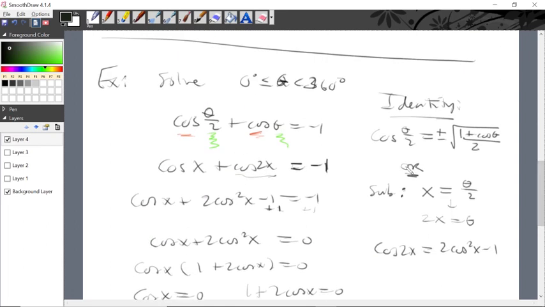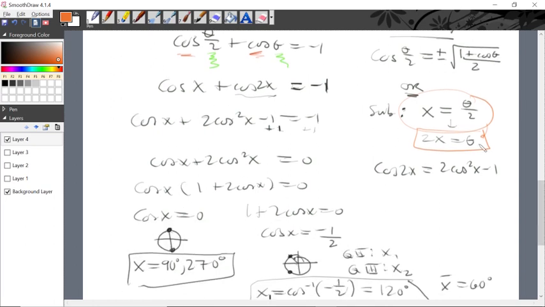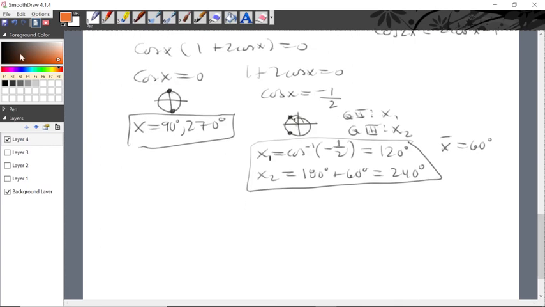But we're not done because the original equation was in terms of theta. X came from the substitution I had selected right here. We need to find now what is the value of theta for those given values of x. And then we want our solutions to be between 0 and 360. So since now theta equals 2 times x,